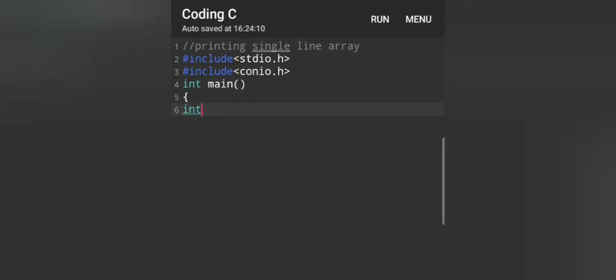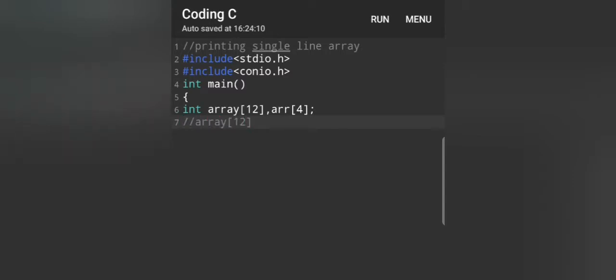In our question, we will declare a single line array. We will be starting with data type, which is integer. Hence, we will be writing there int. Then the name of our first array would be array, and in square brackets we will specify the size of it. Here we are considering 12 as the size of our first array. Let us name our second array as arr, and let's specify the size of it as 4. This will end with a semicolon.